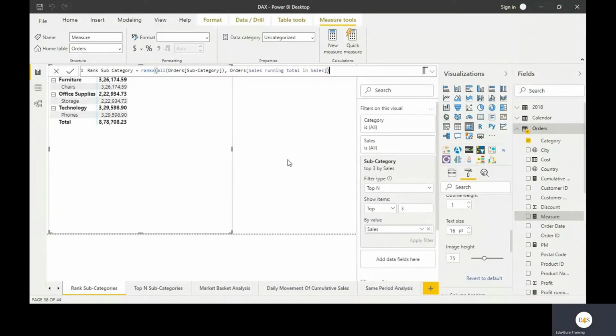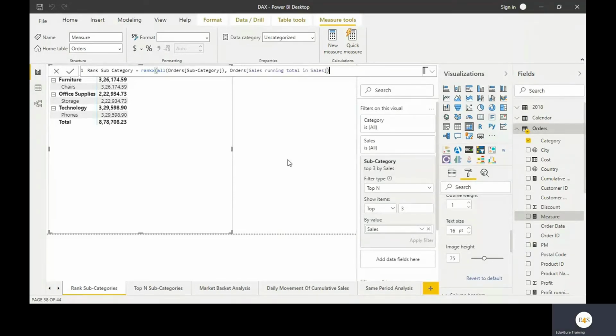What the ALL function does? The ALL function actually removes all the filters from this particular column. So in case you are calculating the ranks manually, for example, what will you do? You are going to put a filter on each subcategory again and again, whenever you would be repeating the process to find out the next rank. So similarly, the same thing happens when we are doing it using DAX. So we need to remove those filters.